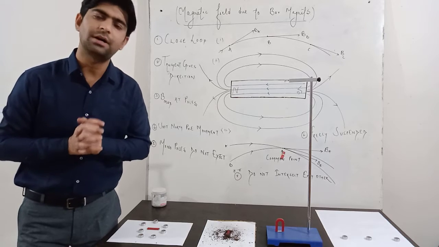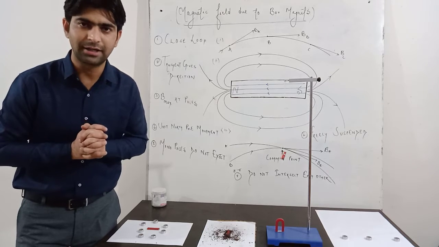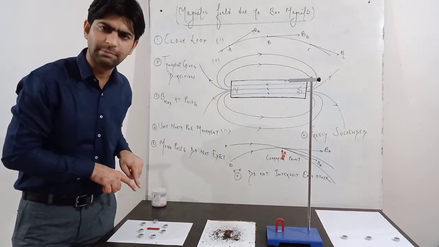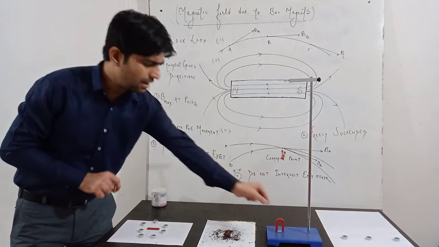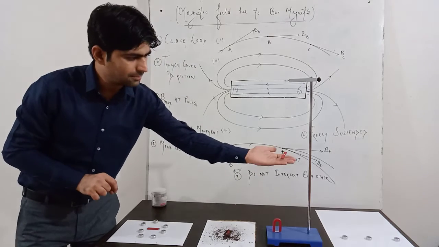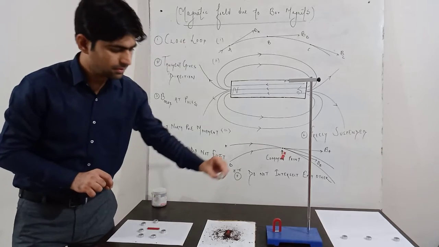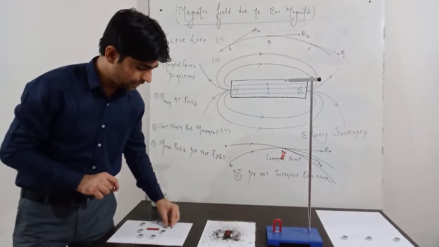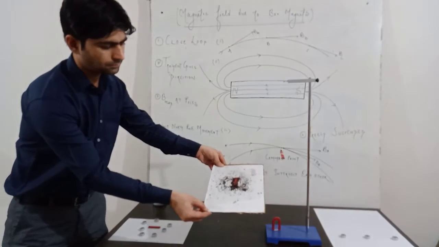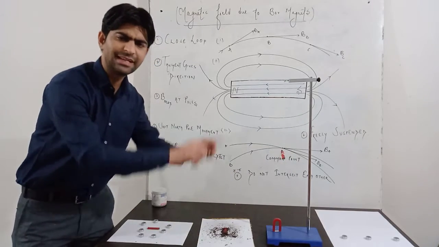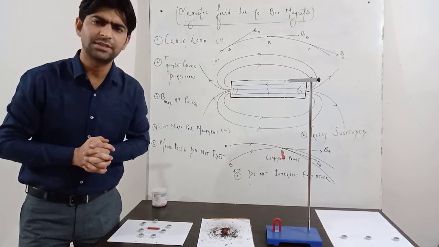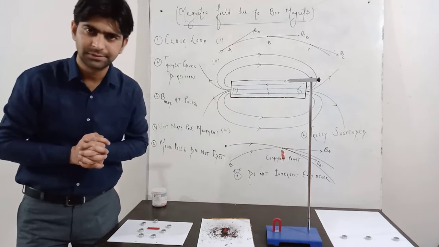Today we are here to discuss the magnetic field due to a bar magnet, and for that I have a practical setup also to explain it. We have a U-shaped magnet, a freely suspended bar magnet, a magnetic compass, and we have this pattern of the magnetic field. This demonstration we will see at the end. Before that we will discuss some theories and some properties of the magnetic field due to a bar magnet.